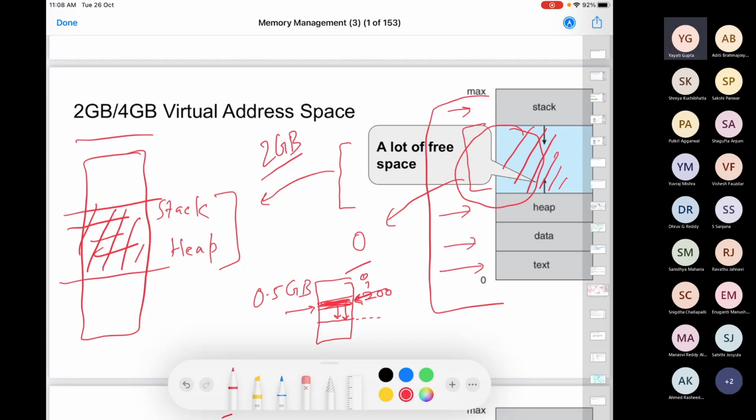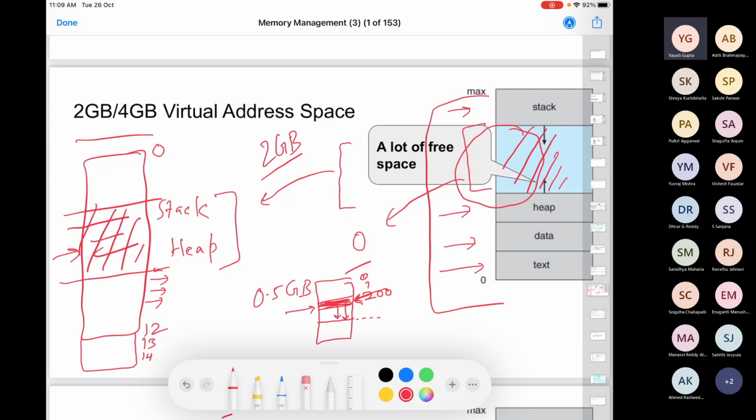So see, if your process requires some additional memory, and you have to allocate this memory at the bottom of the process, then there is no problem. I have virtual addresses from 0 to 12. I'll give it some more memory and I'll make consecutive virtual addresses like 13 and 14. But what we are talking about here is, I want to grow this process somewhere in the middle. And if you are growing it in the middle, then all the virtual addresses which are here, you will need to change them. If you change them, and if you were using paging, all your virtual addresses will change, then all your mappings in the page table have to be changed, right?